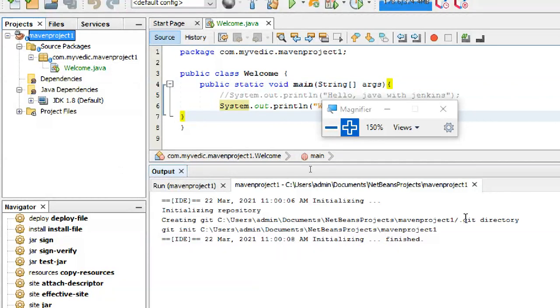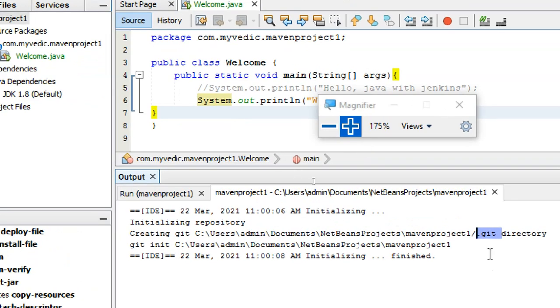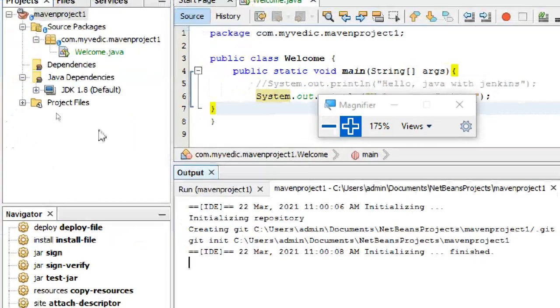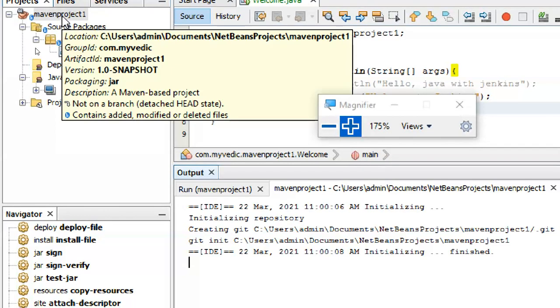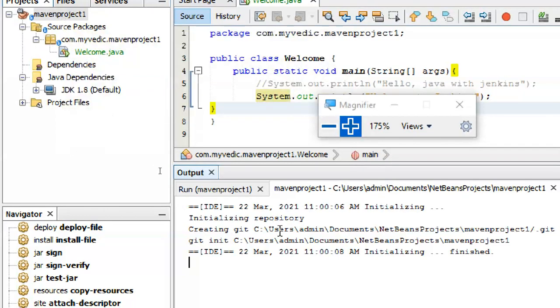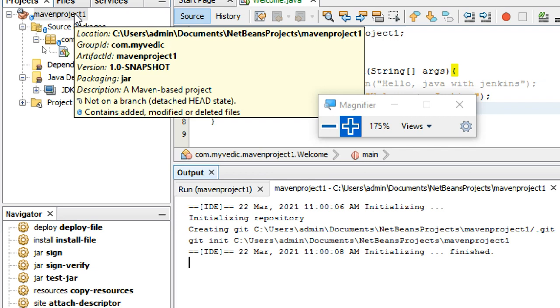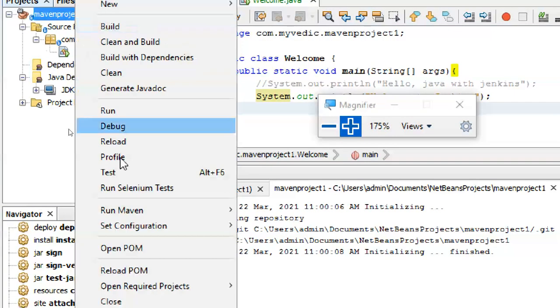So dot git is added. Whether you can see it or not, see dot git is added. That initialization means git init is done. Can you see that some symbols are showing like this? It means init is added. Files are not added and commit is not done. So we have to do local only. This is entirely a local repository we are doing.